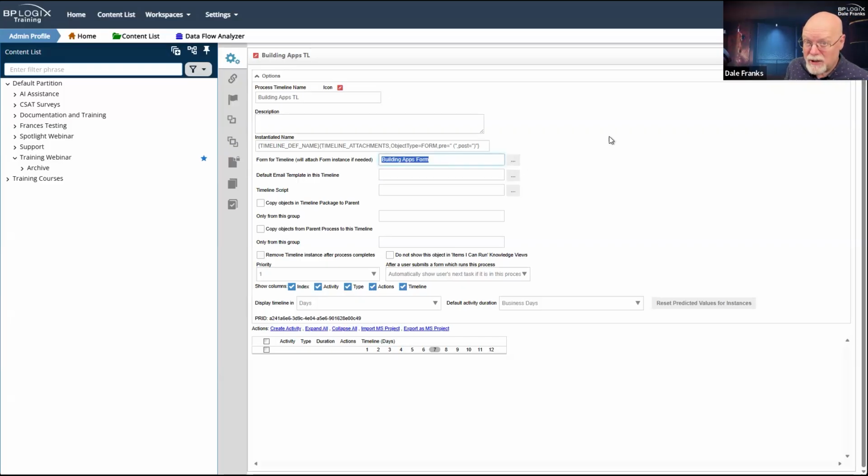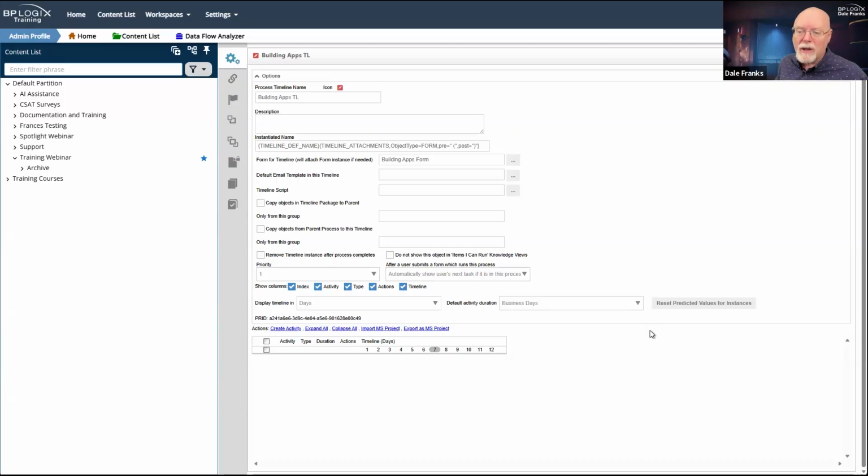Where it is necessary is if I am going to invoke this process timeline from some sort of automated action, like a goal, right? If I run a goal that invokes the process timeline, it doesn't invoke the form. So in that case, if I invoke the process timeline, either via a goal, or you might have a knowledge view that invokes a new process instance for every row in a knowledge view, I'm really going to need this property set, because the timeline will be invoked independently.